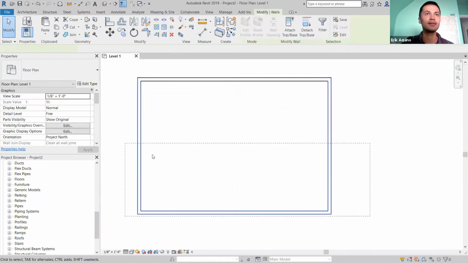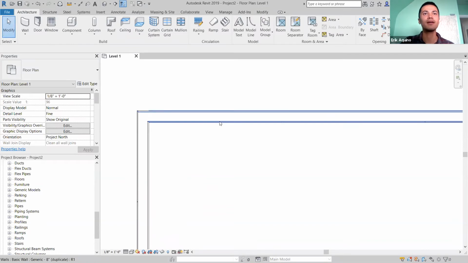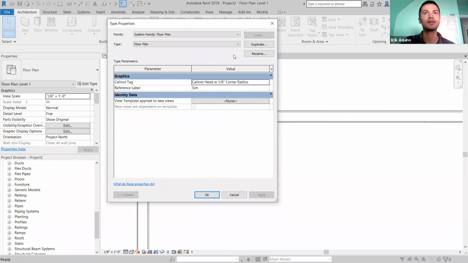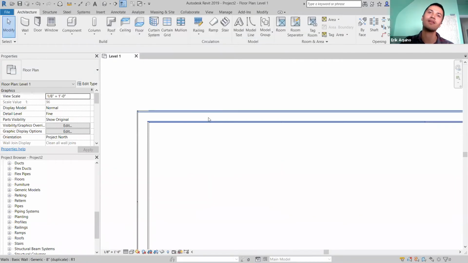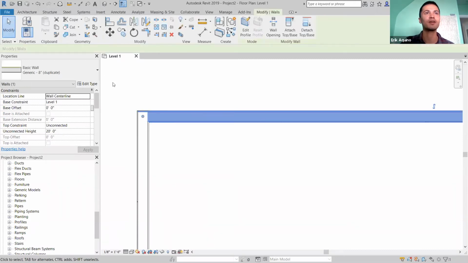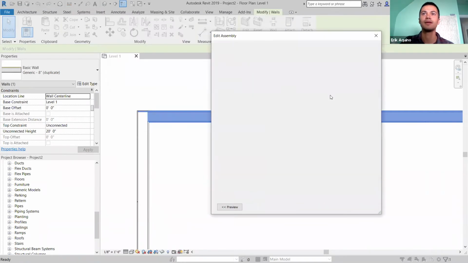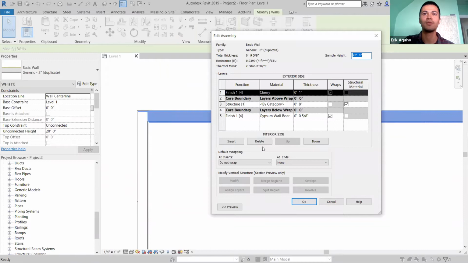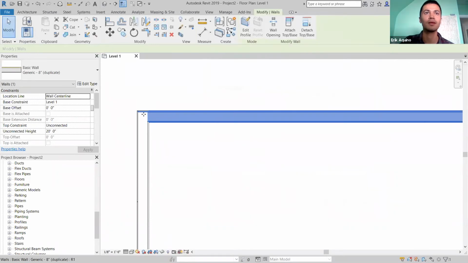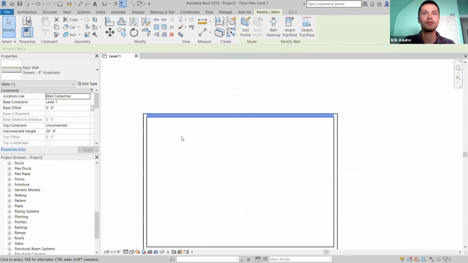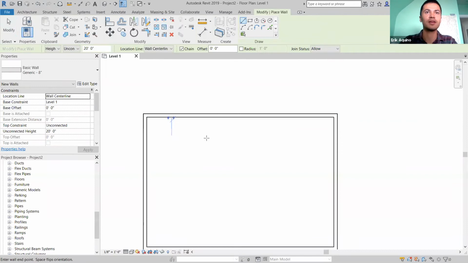I'll highlight these, and okay, we'll keep going. So I have to select my element before I can go into the type properties. Now that I have my wall selected, I can re-enter. And we'll discuss what wrapping is. I'm going to create a new wall,